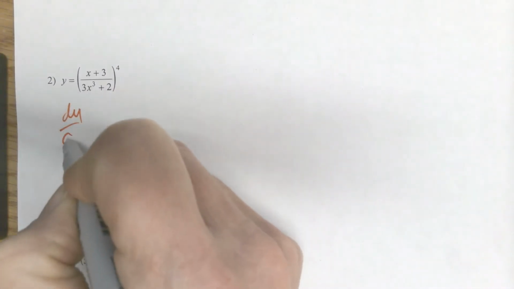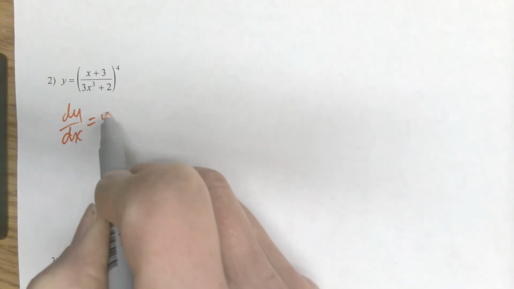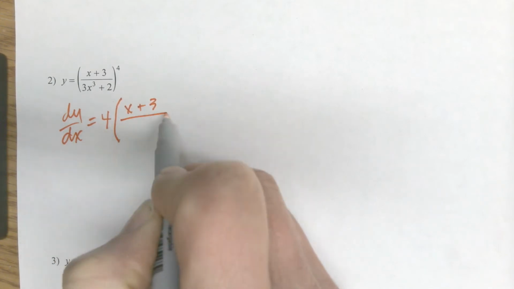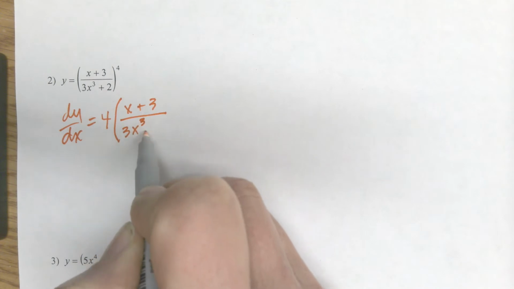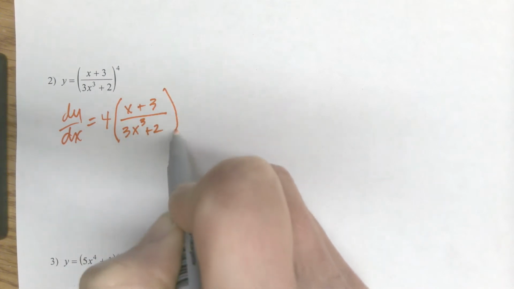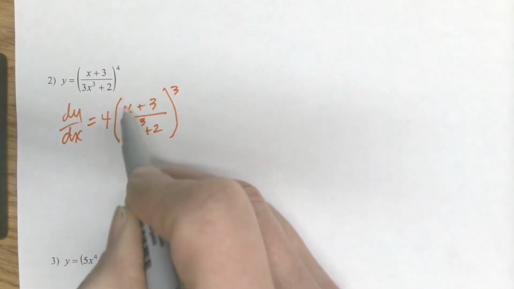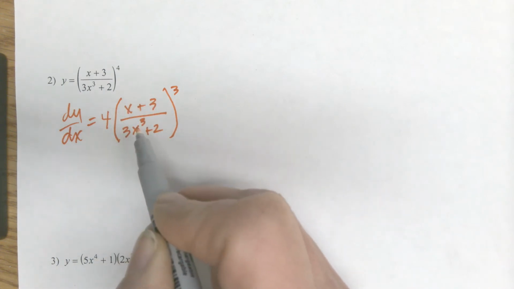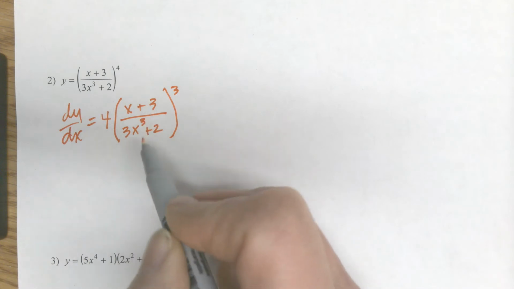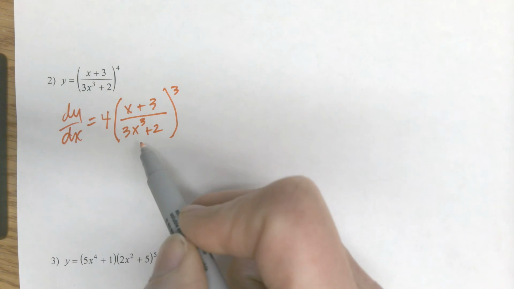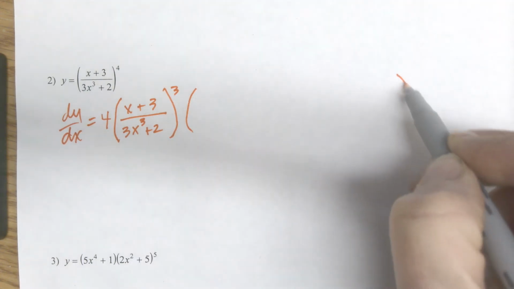So for number 2, I have dy/dx is, chain rule says, multiply the power down, leave the inner as is, lower the power 1, times the derivative of the inside. This is where the big part comes into play. Now I'm going to have to do the quotient rule for the derivative of the inside. The derivative of the inside is this big, long thing